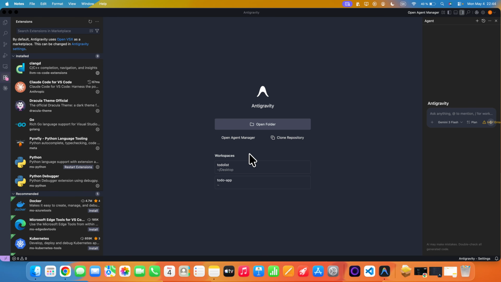In this video, I want to show you how you can change your Antigravity marketplace to Visual Studio Code marketplace. This is useful because some of the extensions which you would have in Visual Studio Code, you might not have in Antigravity. By default, Antigravity uses Open VSX marketplace, and if you want to switch it to Microsoft Marketplace, which